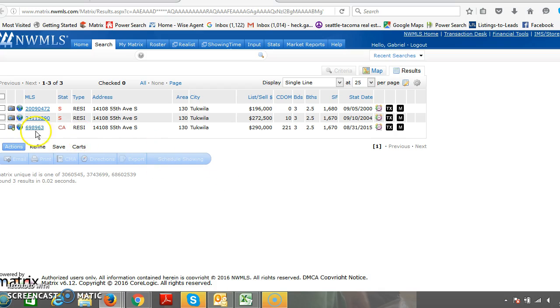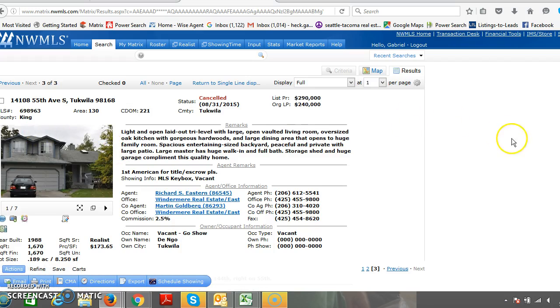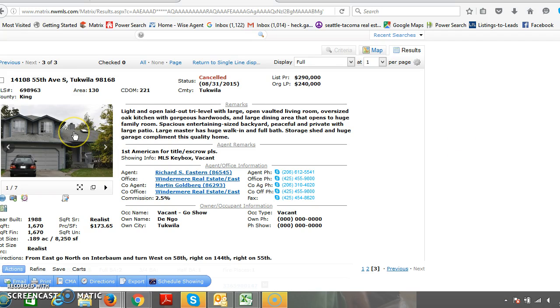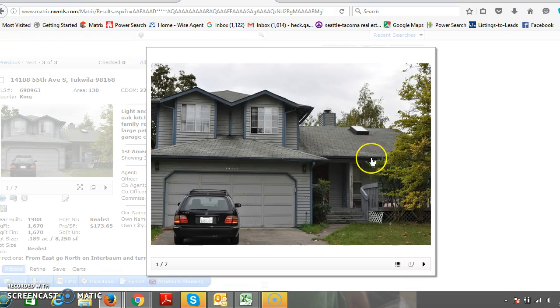So this one looks like it canceled. Great. And if I click on that number, that's going to be the MLS number. It'll take me right to that property, and we can kind of see what happened with it. So there's 7 pictures. That's great. We want these pictures. We can actually take this link and put this right in our